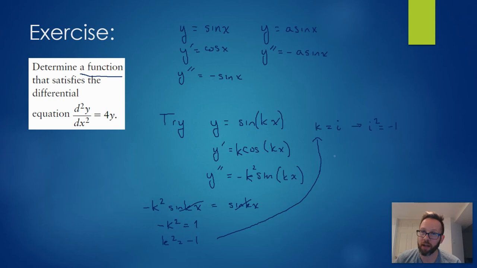So one particular solution that could work is a function that involves imaginary numbers. y is equal to the sine of i times x. And that's one particular solution. So a little bit above and beyond the scope of this course, but hopefully you enjoyed or got something out of that video. If you would like to learn some more,